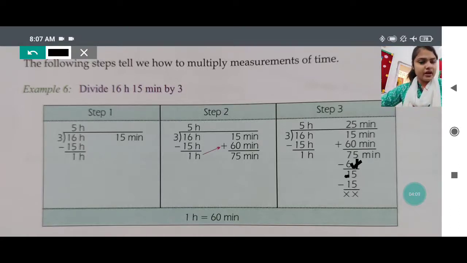Now again we will read the table of 3, that much time in which we will get 15, in 5 times. 3 1s are 3, 3 2s are 6, 3 3s are 9, 3 4s are 12, 3 5s are 15. So we will write 15 just below 15. We will give minus sign on the left side and we will subtract. 5 minus 5 is 0 and 1 minus 1 is 0. So we will get 5 hours and 25 minutes. Okay. So whenever we are getting, we start from the left side. So if we are getting a remainder in the hour column, it will get converted into minutes as 60 minutes, not 1 hour, my dear, and will get added first.